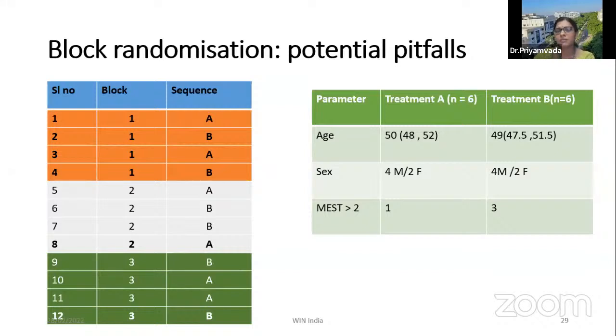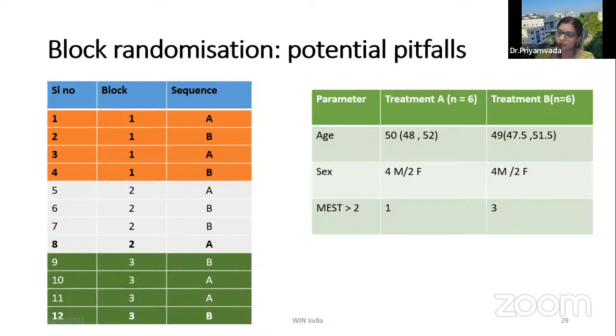And again, the block randomization also will have some problems. Let us say I have used a block randomization, and my idea was I had 12 patients. I wanted to allocate them into rituximab and standard of care arm. So it is assumed that randomization takes care of all the imbalances at the baseline. But still, sometimes the key prognostic variable, let us say MES score. So in treatment A, the patients with MES score more than 2 is 1, and on the other hand, in treatment B, 50% of the patients, 3 out of 6, have a MES score of more than 2. Now we know that MES score is a key prognostic variable and can actually affect the final GFR or proteinuria. So this is a problem with the